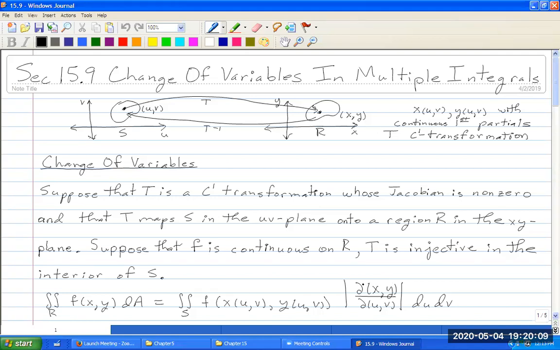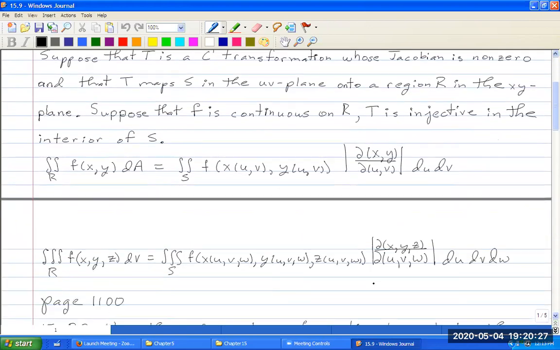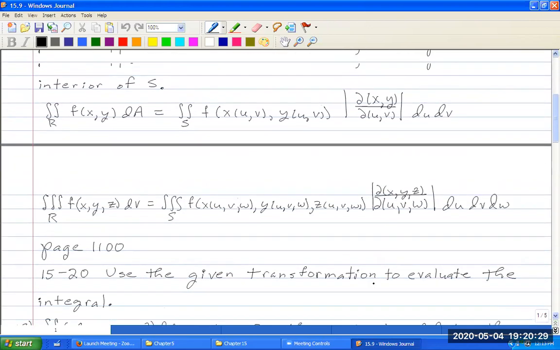I think I gave you this notation. The Jacobian is just the matrix representation of the derivative. And so I gave you this notation. I usually use the J, but I gave this notation once or twice before. And now we're going to use it. That's what they use in the book. Okay, so